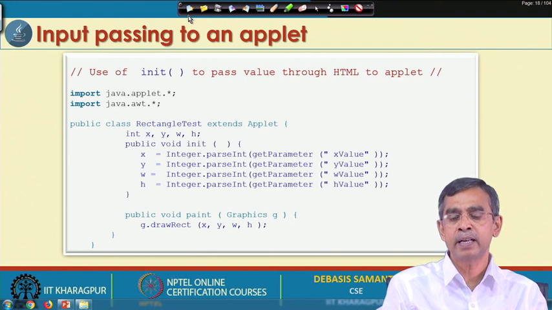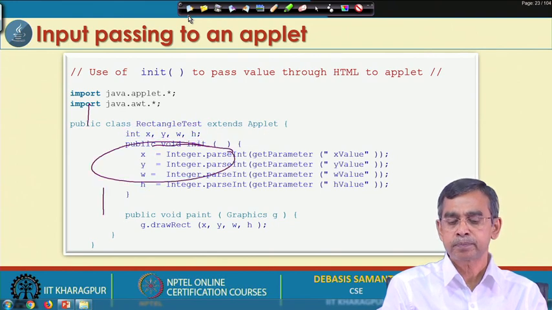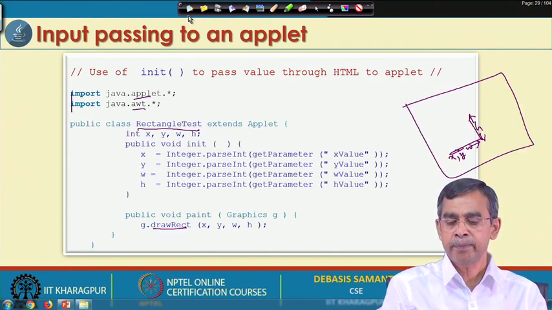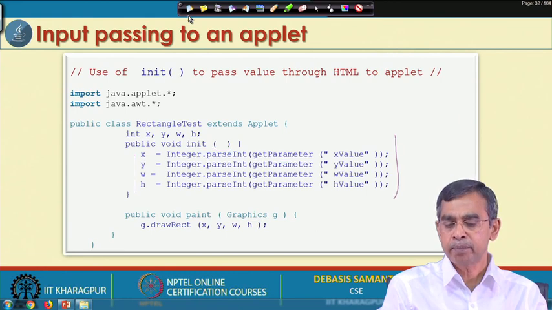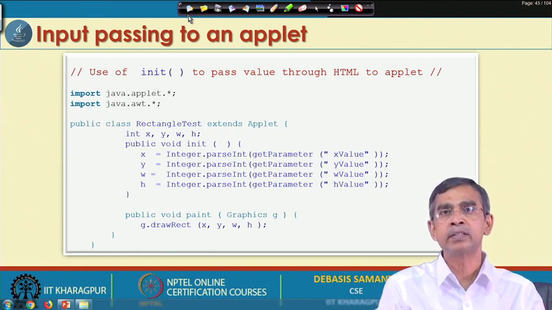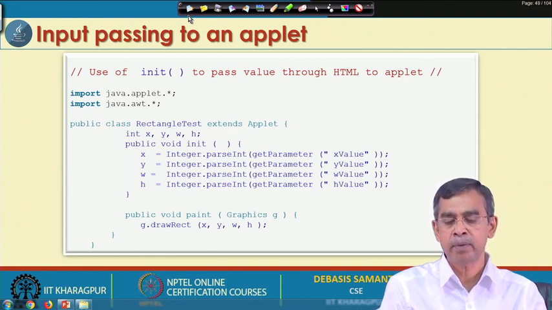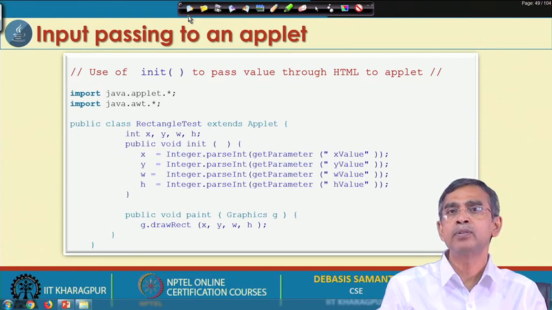So, this is the way that the applet can be developed, and you now have a basic idea about how the applet can be developed, and then you can execute it using HTML. Here our objective was to learn how to write the applet, and then have the same displayed on the screen.